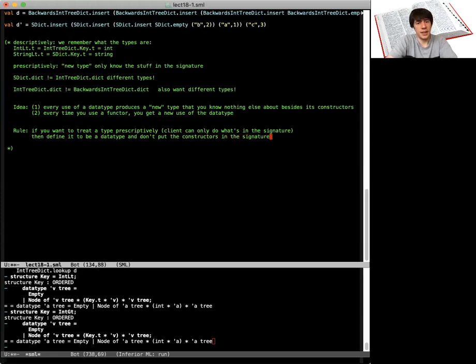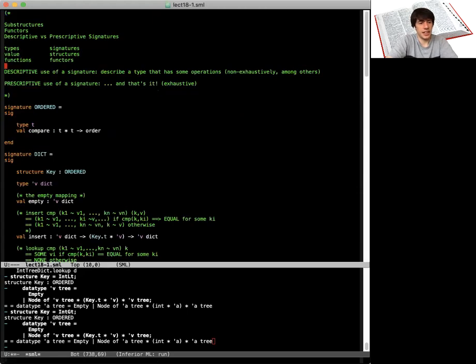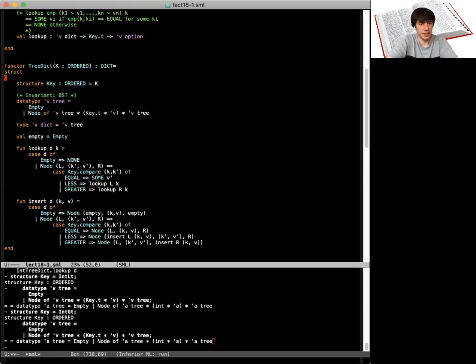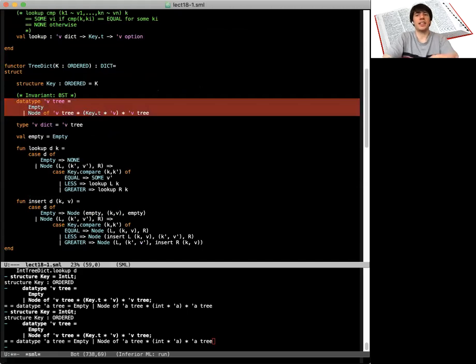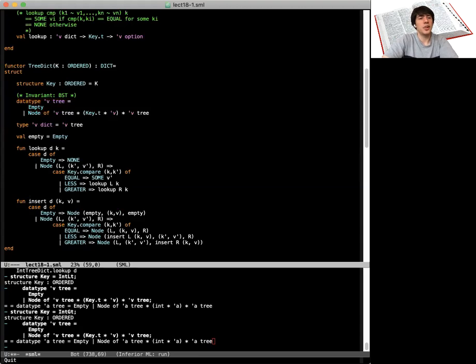So if in my piece of code, I make a data type like tree, and I don't tell you about the word empty, and I don't tell you about the word node, then there's no way, even though you know what the tree type is in some sense, like even though the client knows that the dictionaries are defined to be this tree type over there, there's no way to write down code that opens up the tree,